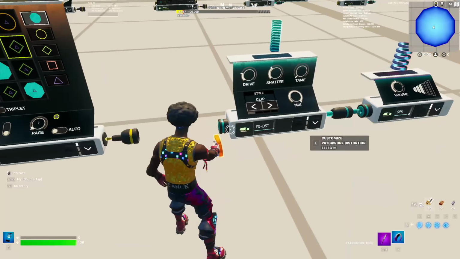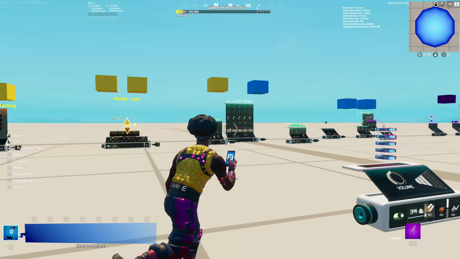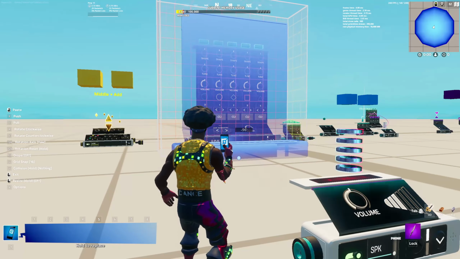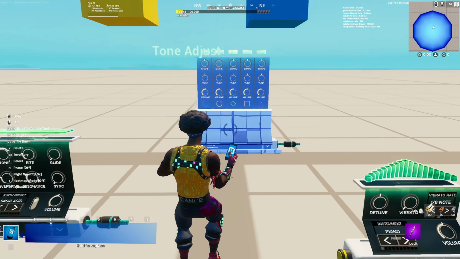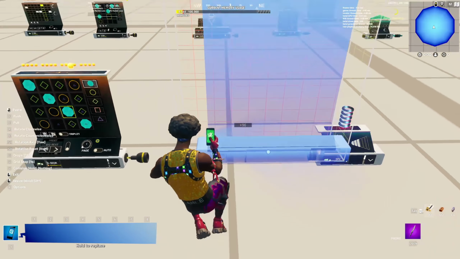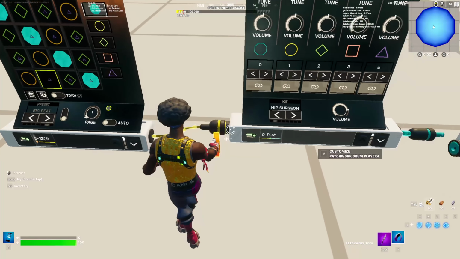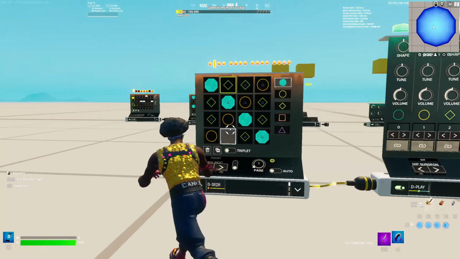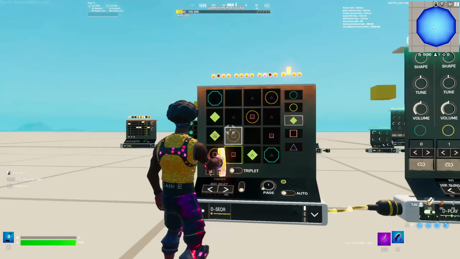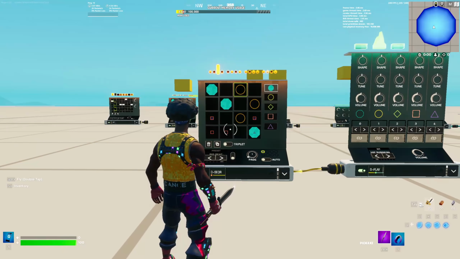I'm going to place this there, hook that, and so actually for this one, you're going to want to add your beats, and then you're going to want to get this tone adjuster one over here. I just took it off. You're going to want to take this tone adjust one, come down here, place it right there, adjust these, hook these into there and there. And there you go. It's a little hectic right now, so you can take some out. So every shape is a different sound, basically. So say that was my beat right there. That's a pretty good beat.